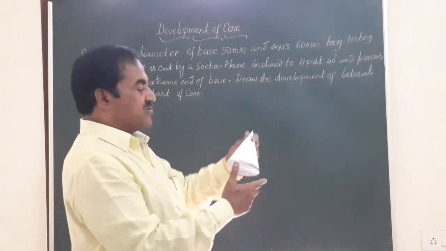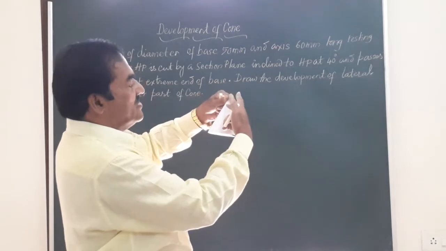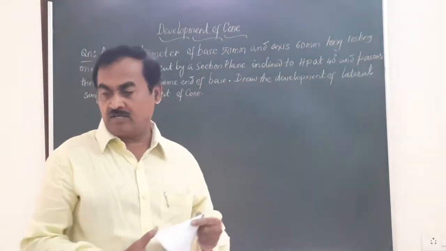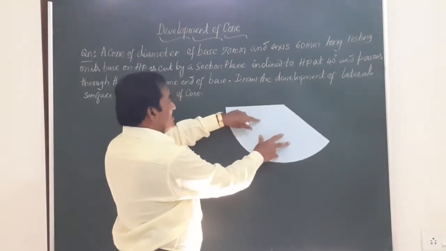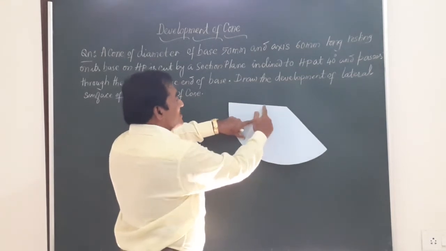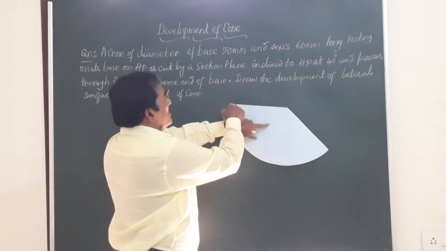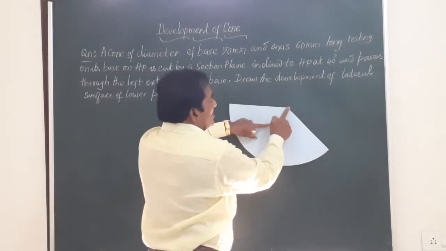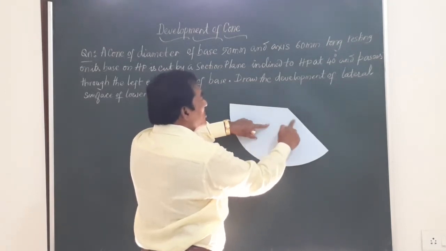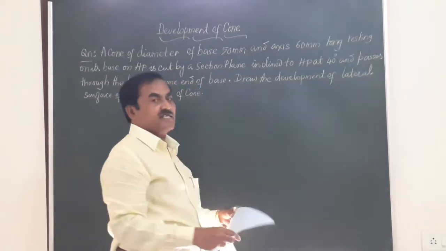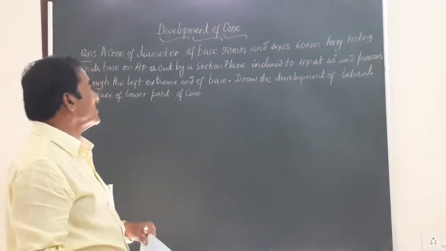Friends, if you cut open this along this slant generator here, if you cut it open and spread on a table, you are going to get the development in the form of a sector like this. So this angle here is called the subtended angle, and this is called the length of the end generator, or this length and this length are same, and this angle is equal to the subtended angle. There is a formula to find out what angle it should be. It depends on the dimensions of the solid.